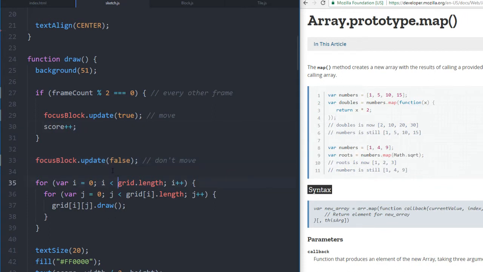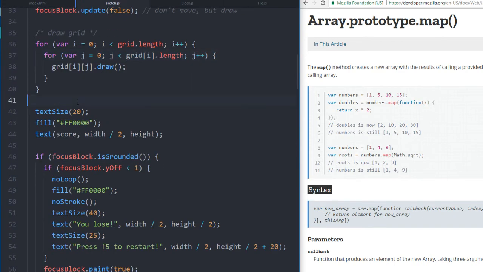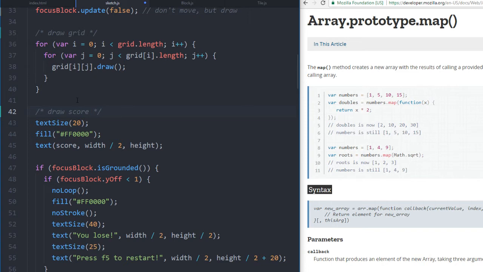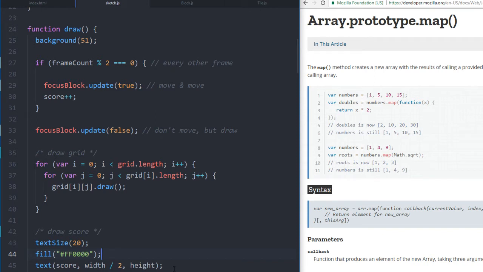What we do now is draw grid. Move, draw and move, but draw. There we go. Draw grid. Pretty easy. Draw score. There. Okay. A couple of things I want to do is say,